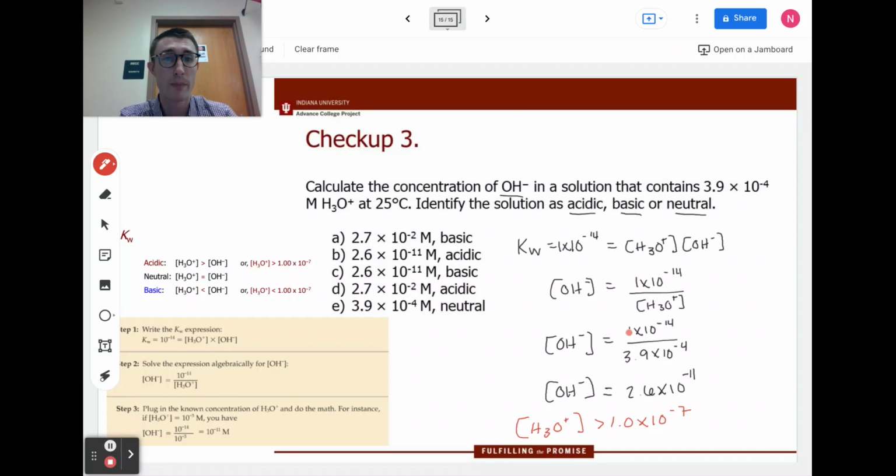Okay, so here's our step-by-step to solve for the concentration of OH minus. So we end up with 2.6 times 10 to the negative 11th. And if we go back to the beginning of the problem, we see the concentration of H3O plus, okay, which is in right here, 3.9 times 10 to the negative 4th molar. And this is greater than 1.0 times 10 to the negative 7th. So if H3O plus is greater than this value, it's acidic. So this leads us to